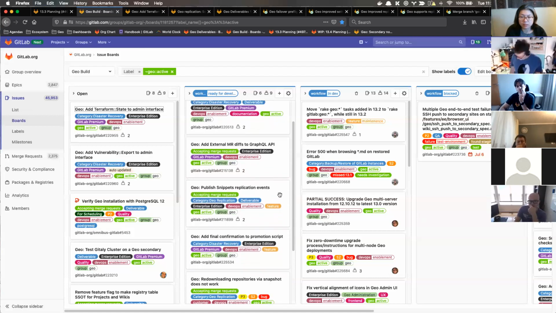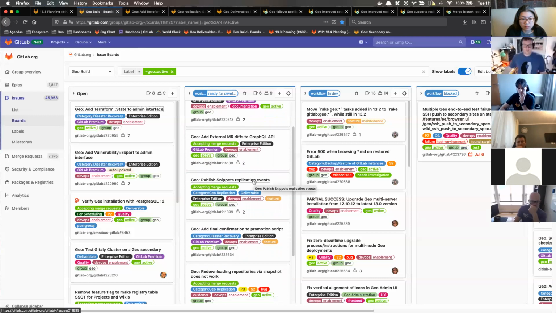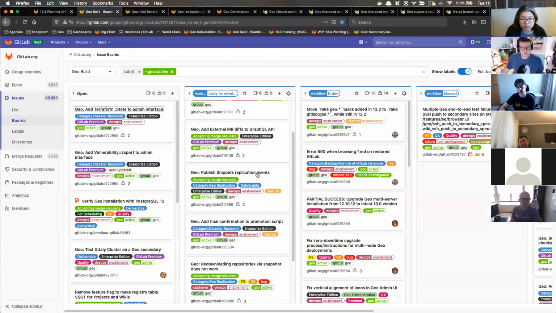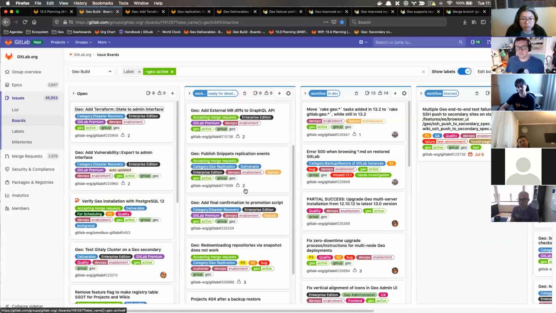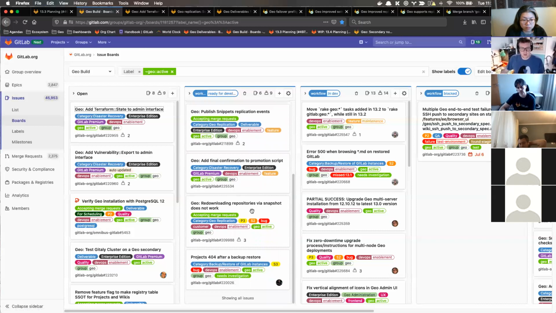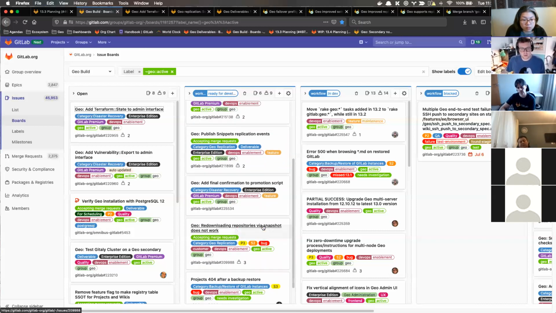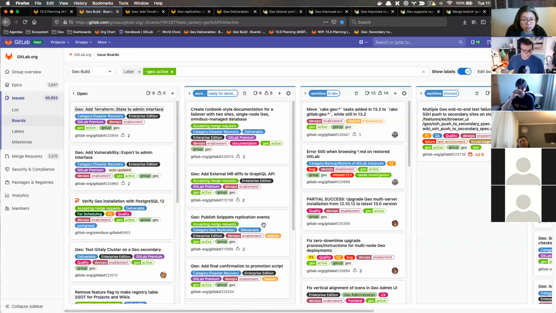Yeah, so I also added, I think this is maybe the first one that we can work on for snippet replication, but please weigh in on the planning issue or anywhere if you think it should be something else. I'd like to start adding one or two of the snippet replication epic items to the ready for development column. I think this final confirmation for the promotion script came out of the pre-flight checks work and is a small follow-up. We have a couple of small bug investigation items, but that is the current state of